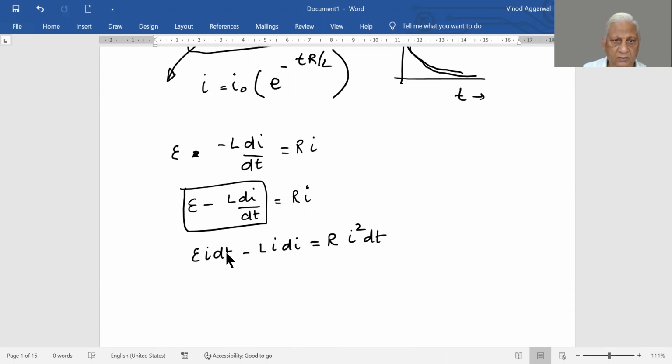We multiply by dt on both sides, and also we multiply by I on both sides. Now what you see, if you see this expression, is nothing but